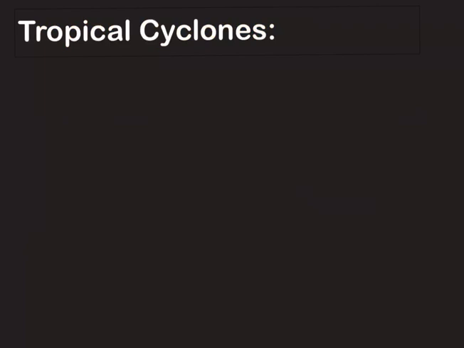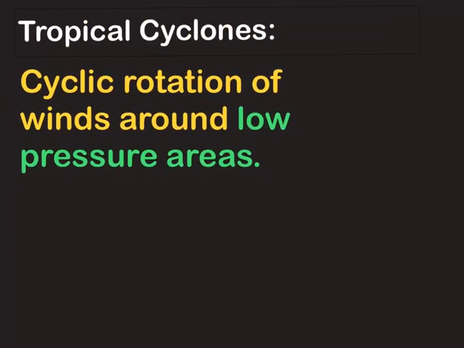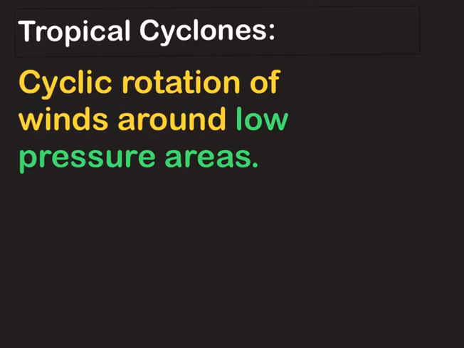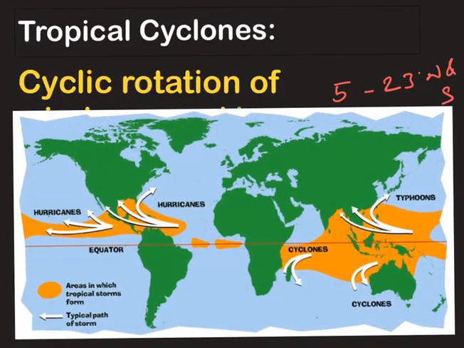Like we discussed earlier, tropical cyclones are cyclic formations of winds around a low pressure area. They are generally formed between 5° and 23° north and south latitudes. They are called by different names in different regions of the world. They are called cyclones in the Indian Ocean region, typhoons in the Western Pacific Ocean, and willy willies in Western Australia. They are also called hurricanes and tornadoes in the USA. What you need to remember here is that these are different names given to the same phenomenon. However, there are slight variations in the intensity of these storms.